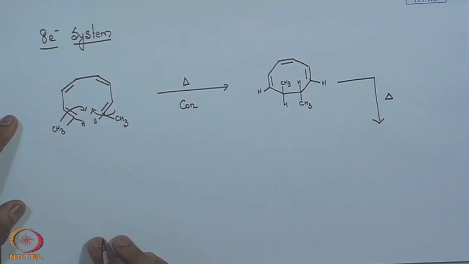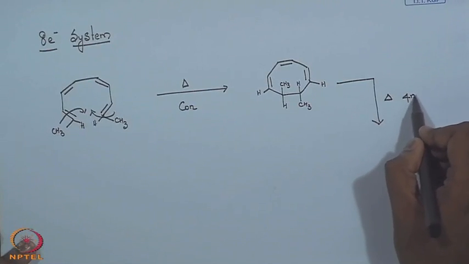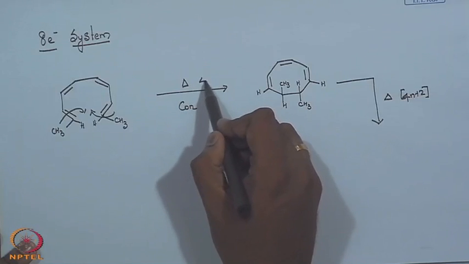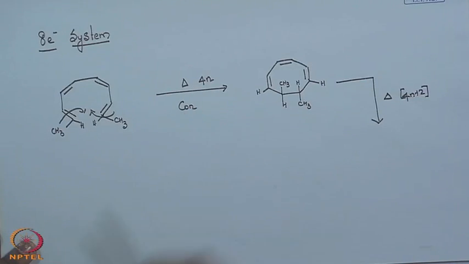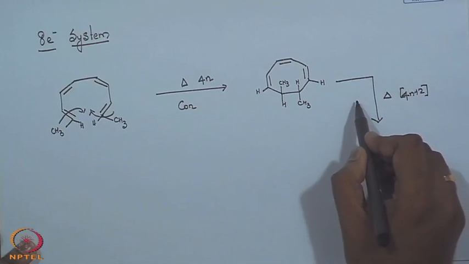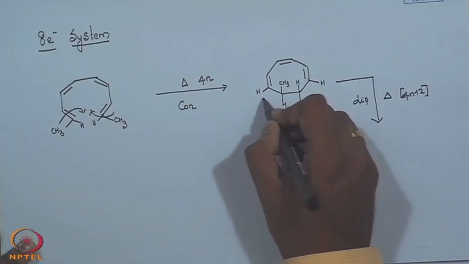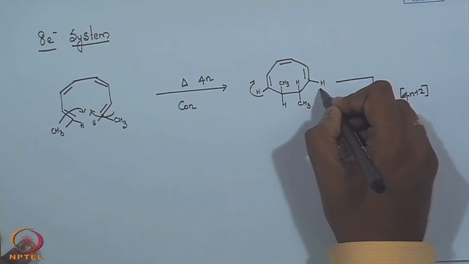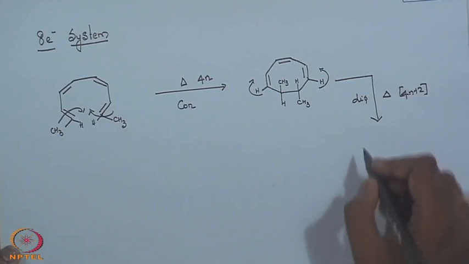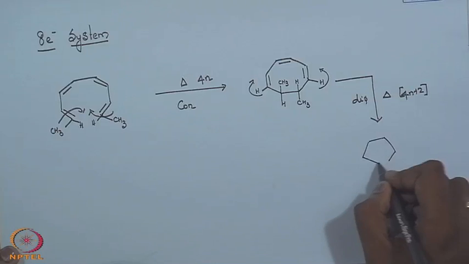So, this on heating, now what is it? It is a 4n plus 2 system. So, what is this? Heating, this is 4n system, right. Heating, you know, it is con. So, for 4n plus 2 system, it should be just the reverse. So, it should be this, right. Now, this rotatory, you can easily do, because you have studied that it should be in the opposite direction. Just write the product as it is, then we will write the correct structure.